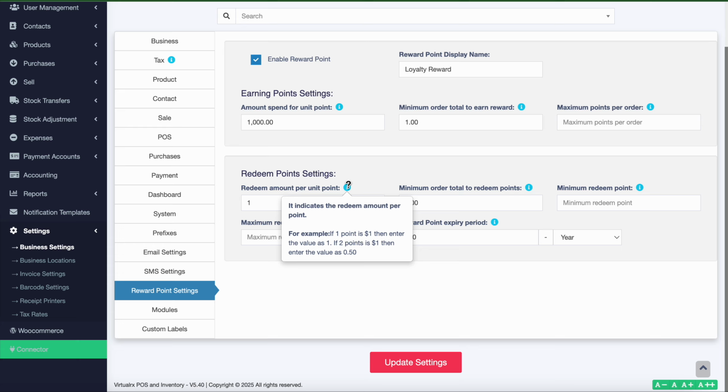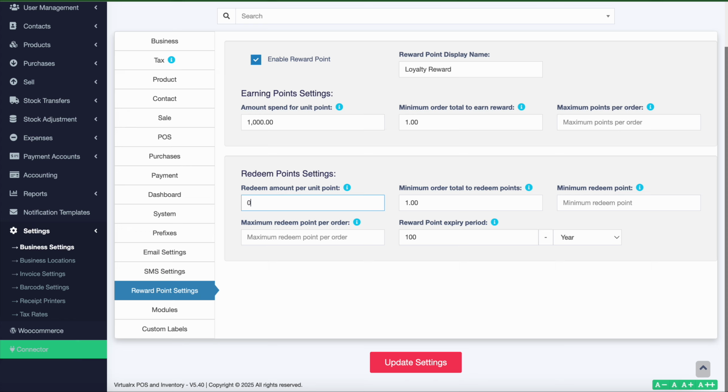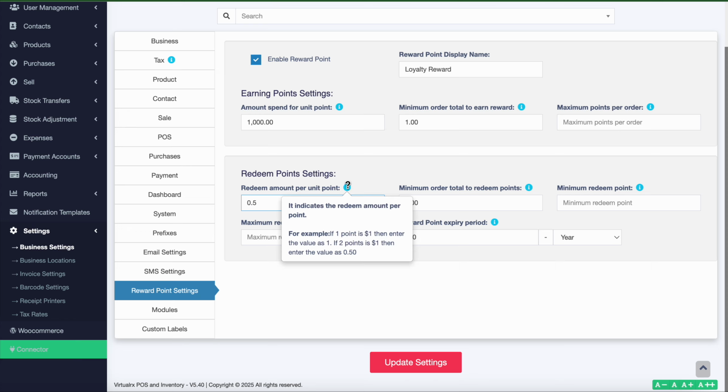So any point you put here, you divide the 1 divided by 2. So for example, if you want 2 points to be equal to 1 naira, you divide 1 divided by 2. If you want 3 points to be equal to 1 naira, you divide 1 divided by 3,